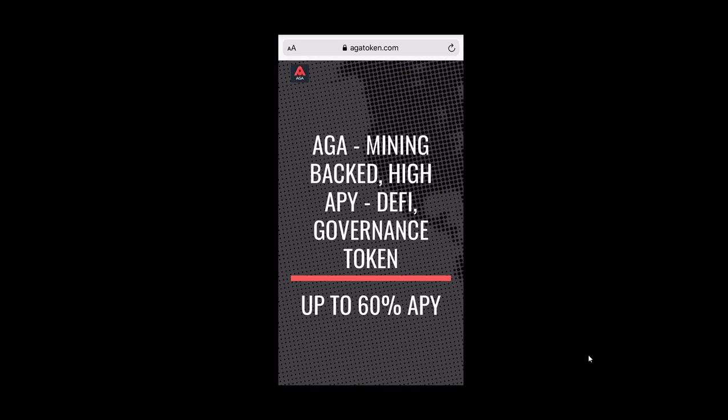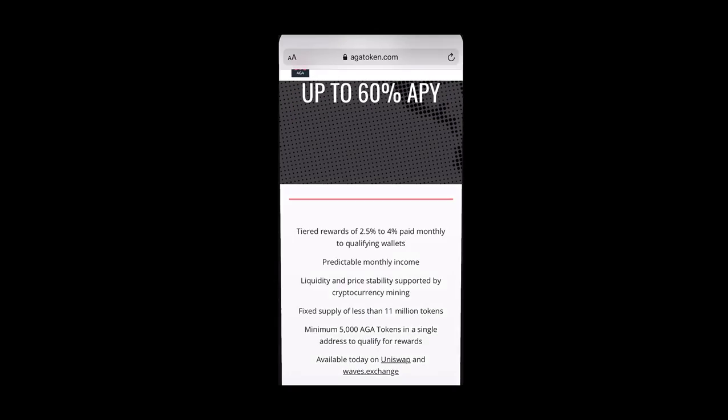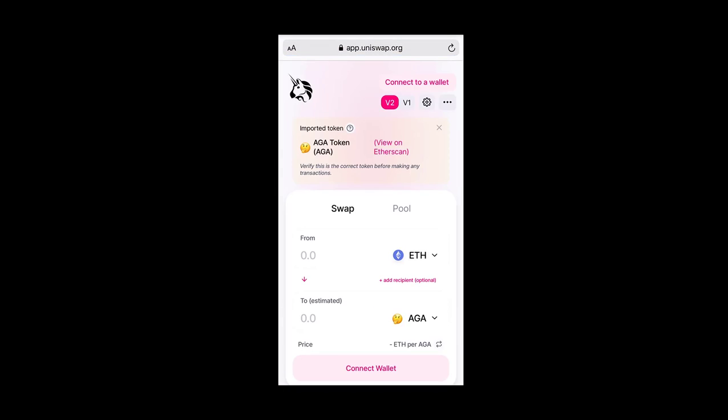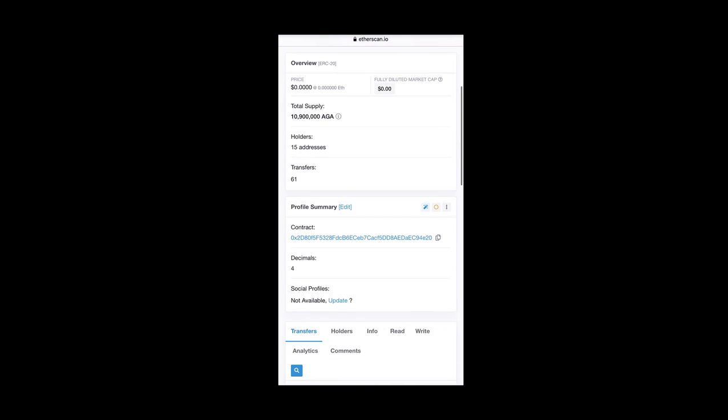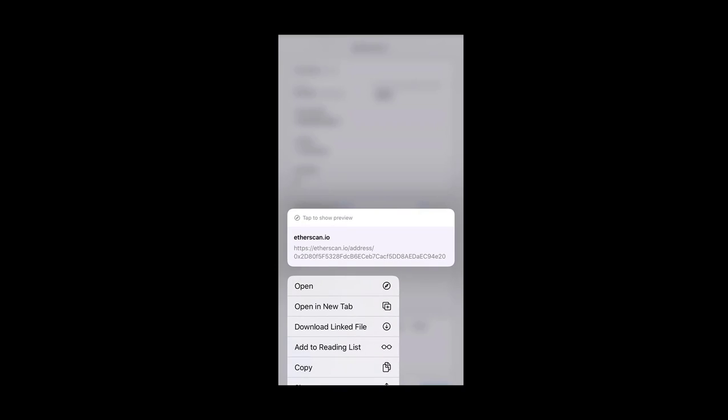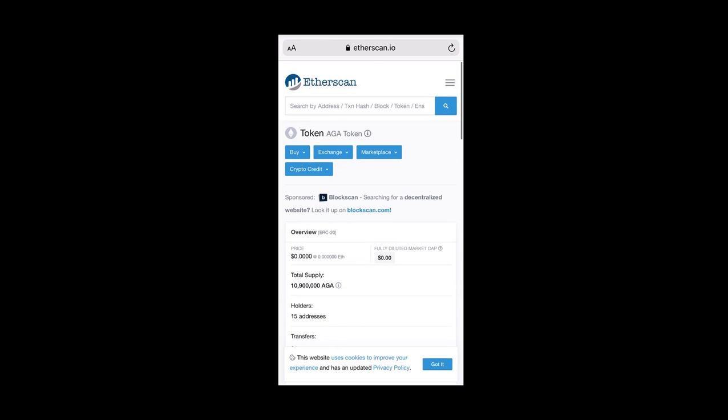So first you have to navigate to the AGA Token website and scroll down and click the Uniswap link. And now that should already populate an exchange pair. But if it doesn't, you can click on the View Etherscan link. Scroll down, copy the contract link, navigate back to Uniswap,